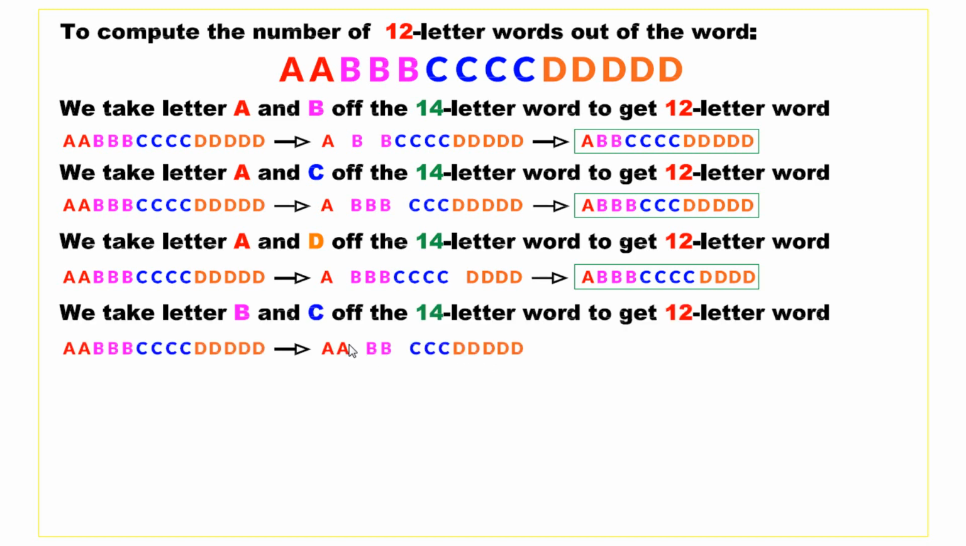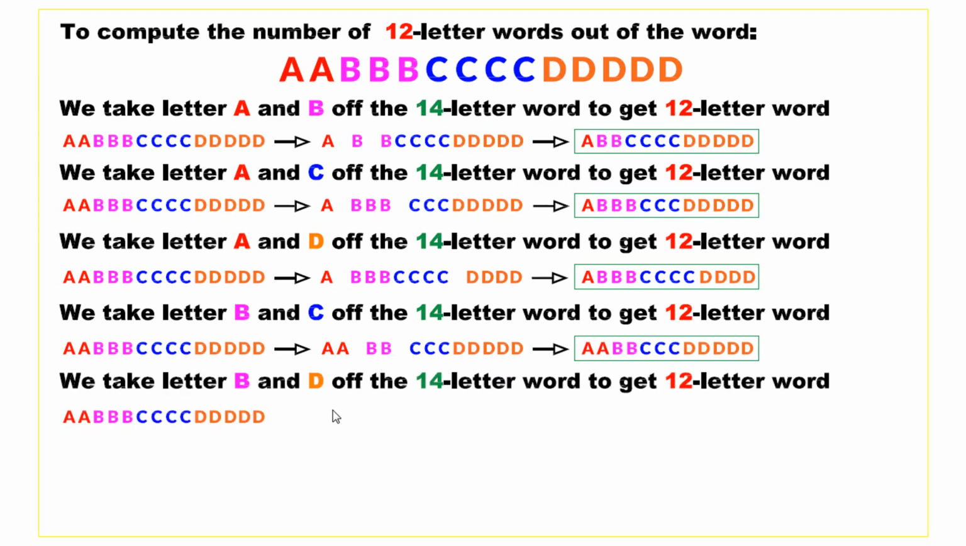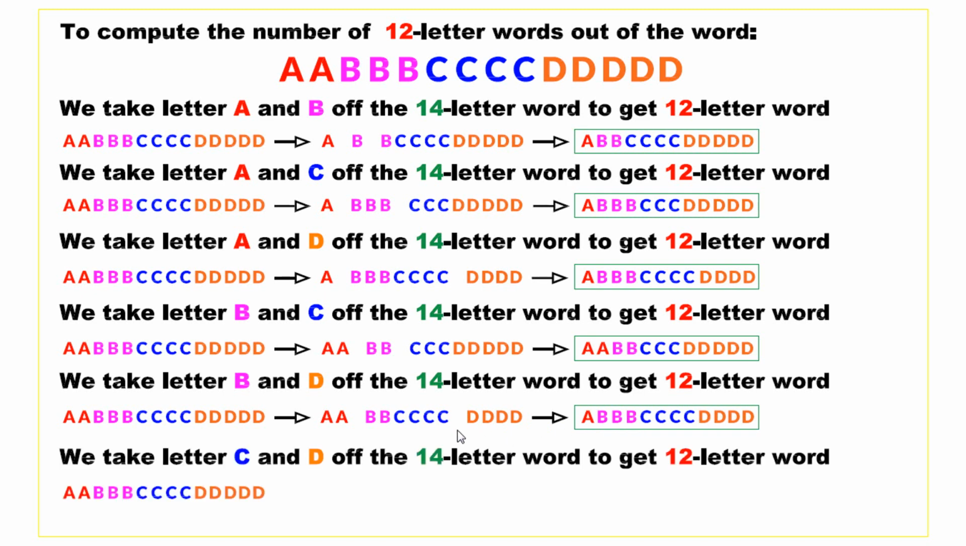We can take B and C to get the 12-letter word. We can take B and D to get also a 12-letter word. And finally, we can take letter C and D to get this 12-letter word. And now we have 6 words resulting from taking 2 different letters off from the 14-letter word in order to generate a 12-letter word. So we take them back a bit and up a bit, and now we write the corresponding